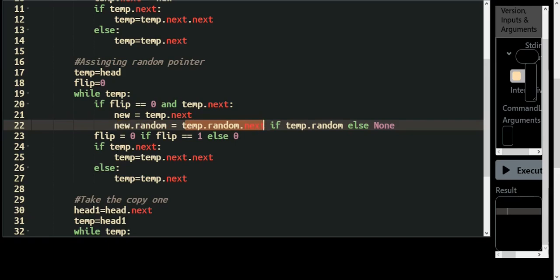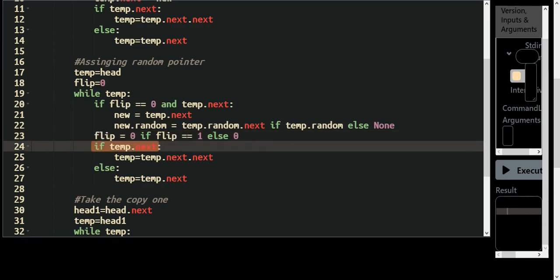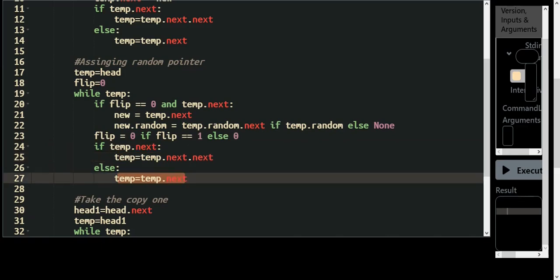If it does not exist, then we will assign None. Once we have done that, we'll change the flip value. If it is 0, then we'll assign 1, and if it is 1, we'll assign 0. After that, we'll check if temp dot next exists, and we'll take twice the steps, and if it doesn't exist, temp dot next will be assigned to temp.